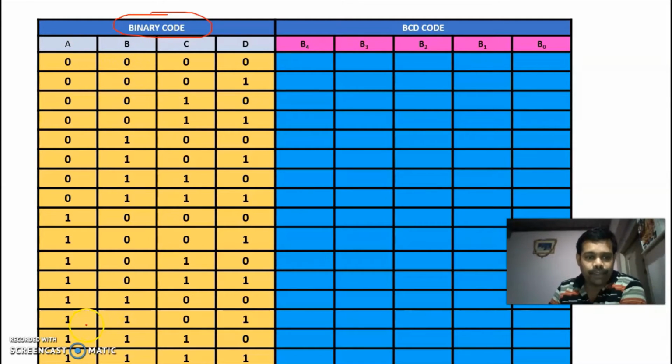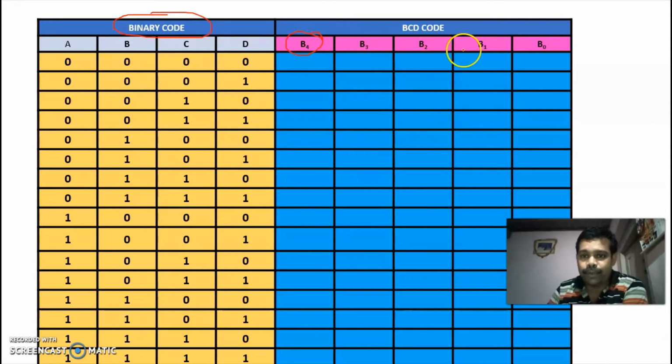Now, I already told you that from 0 to 9, BCD and binary are the same. So now you don't consider this bit B4.